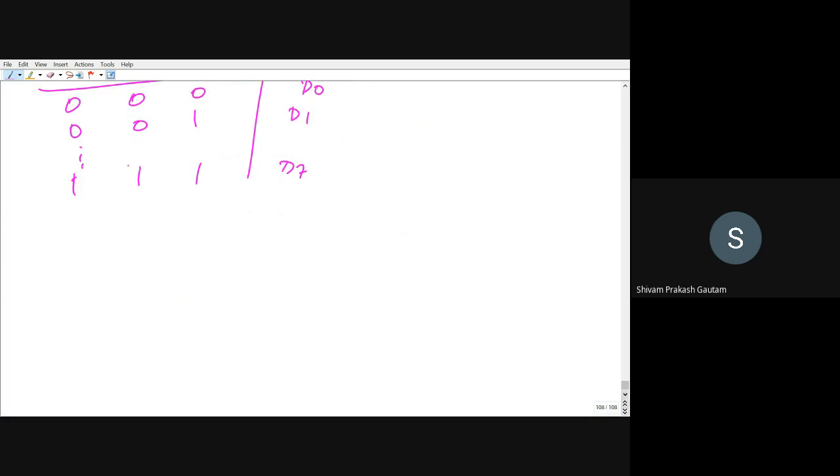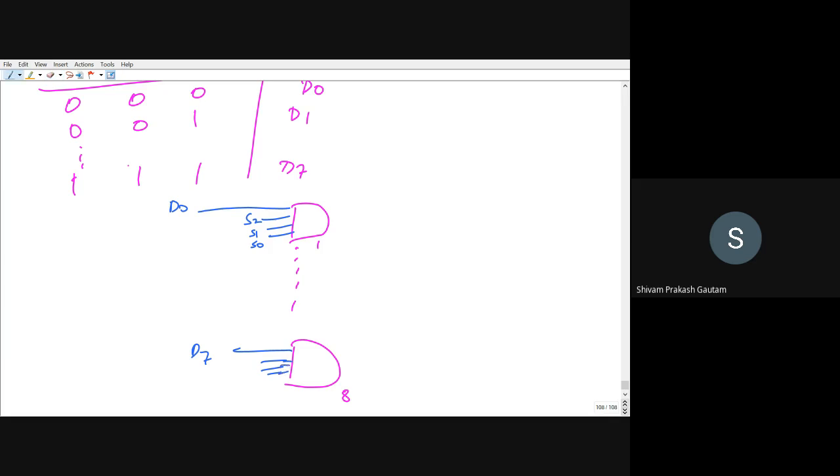In this case, how many AND gates will we require? Total inputs are 8, so we will require 8 AND gates. This is the first AND gate, and this is the 8th AND gate. In each of these AND gates, what input will be flowing? One D input will be flowing: D0 here, and for the last case D7. And 3 more inputs will be flowing, which will be the select lines, S2, S1, and S0, depending upon their values, as we have already seen for the 4x1 case.